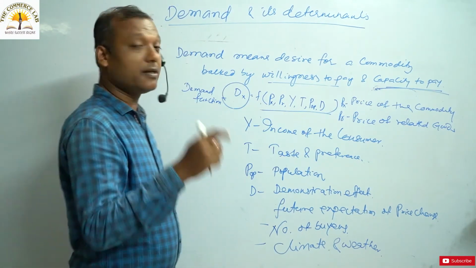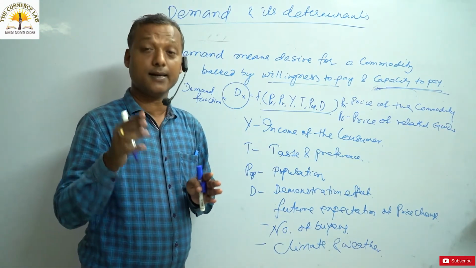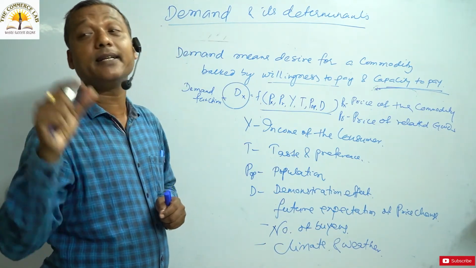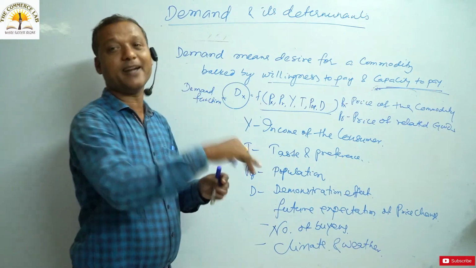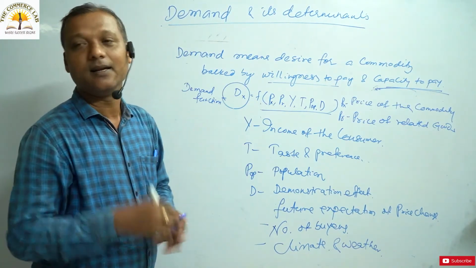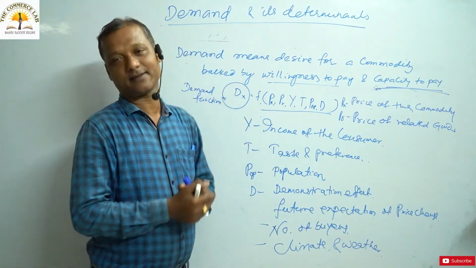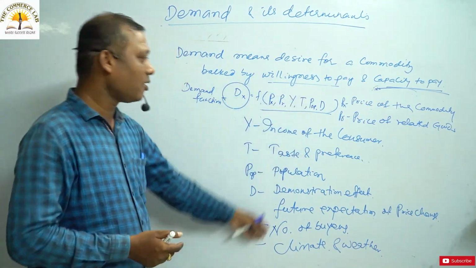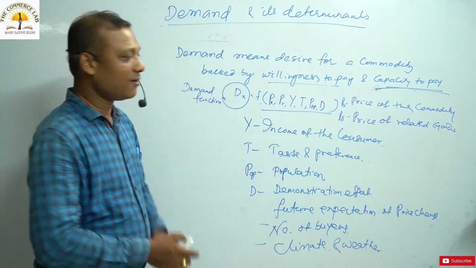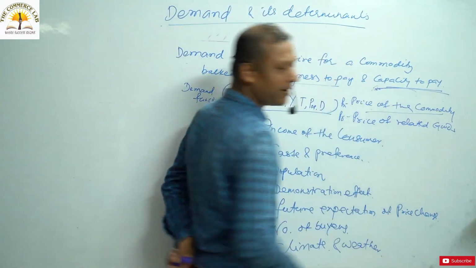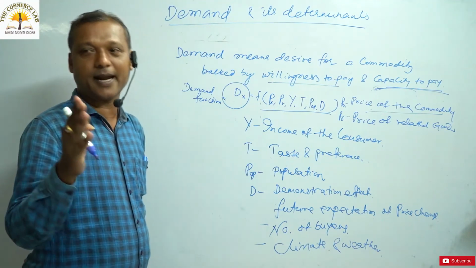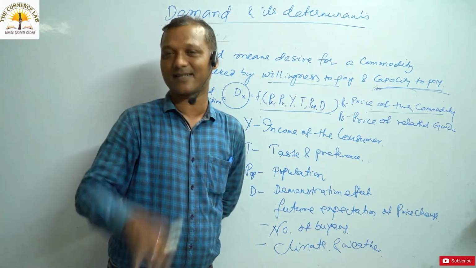Now, after demand, we have discussed demand function. What is demand function? Demand function is a functional relationship between demand and its factors, demand and its determinants. What are the factors that determine demand? So the relation between demand and its factors is known as your demand function. And we've seen what factors actually influence the demand of the commodity. We have seen the first point, the price of the commodity, and the relationship between price of the commodity and demand is negative or inverse.